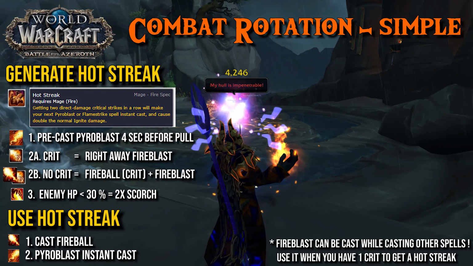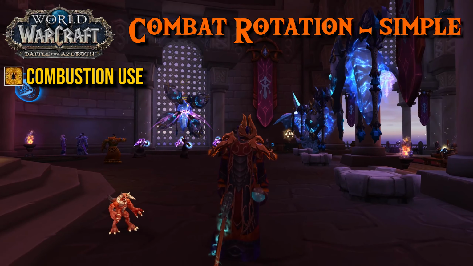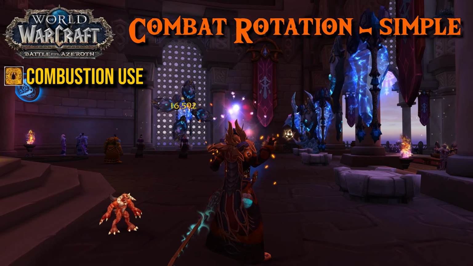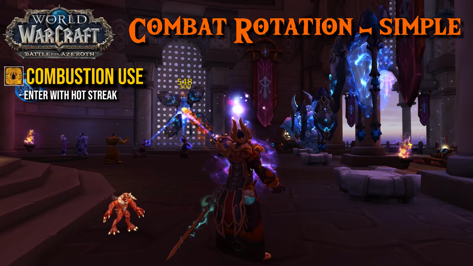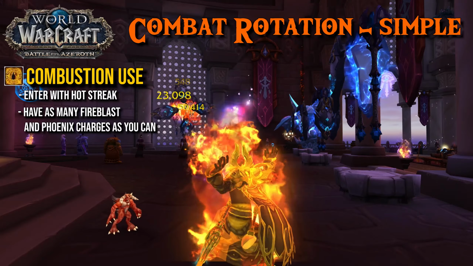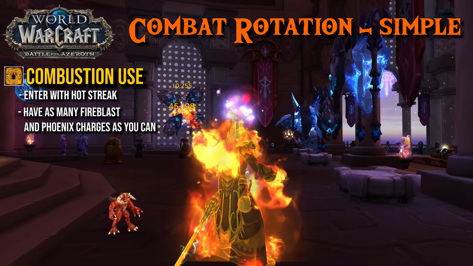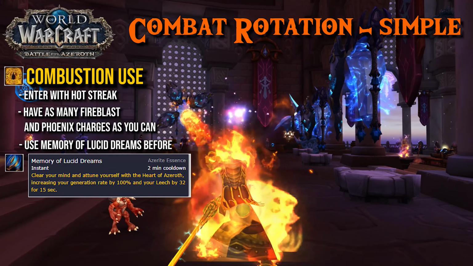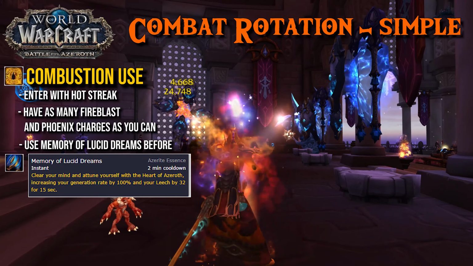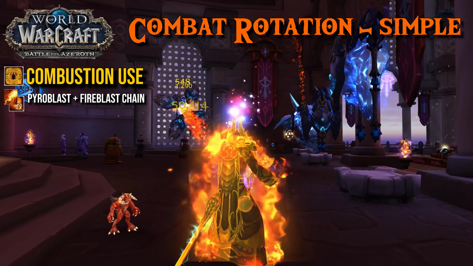Now that you know how to generate and use hot streaks, it is critical to know how to use combustion. This cooldown should be used whenever possible. Try having a hot streak with 2 consecutive crits before activating combustion. If possible, enter combustion with all fire blasts and all phoenix charges available and cast Memory of Lucid Dreams just before using combustion. Cast instant Pyroblast to consume the hot streak and cast a Fireblast before the Pyroblast hits the